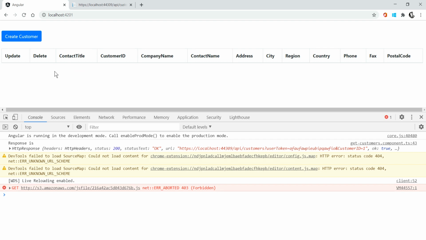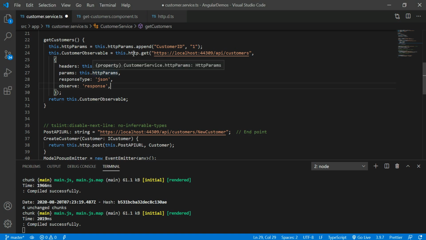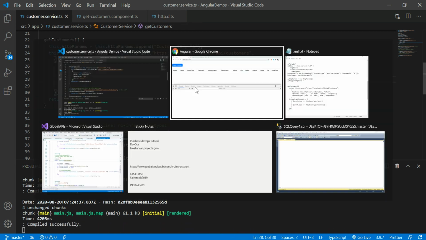If you wanted to monitor those kinds of events, you can do it by using the events observe. Not only that, if you wanted to modify your response body, you can do it by using observe events.